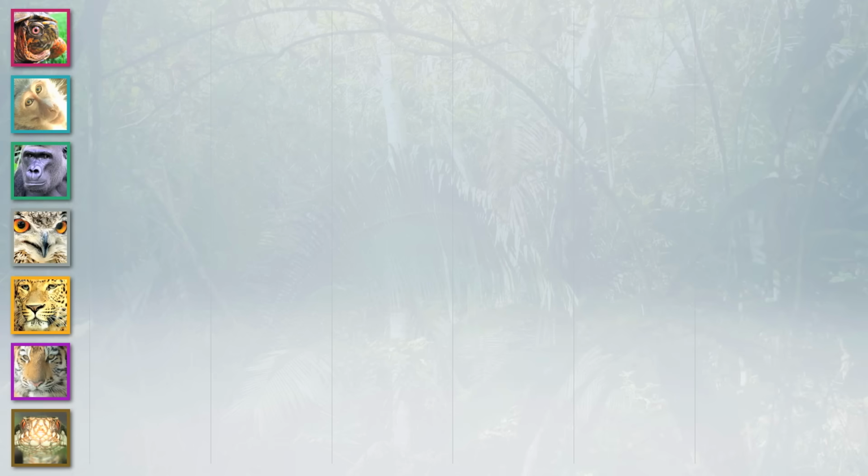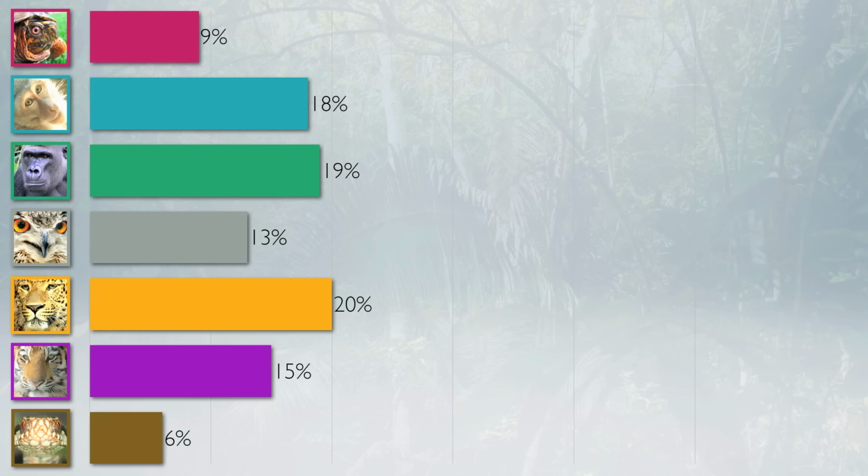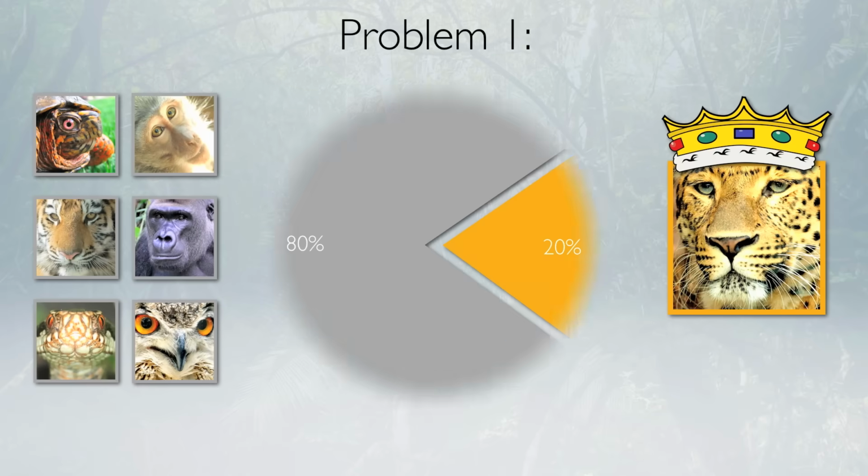The results come in as follows. Turtle gets 9% of the vote, Monkey gets 18, Gorilla gets 19, Owl gets 13, Leopard gets 20, Tiger gets 15, and Snake gets 6. Under the rules of first past the post, Leopard is crowned the winner, and she gets to rule for the length of her term. But take another look at the results, and you'll see the first problem with this system: